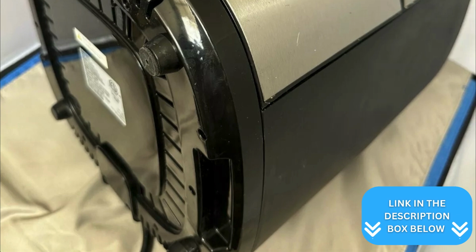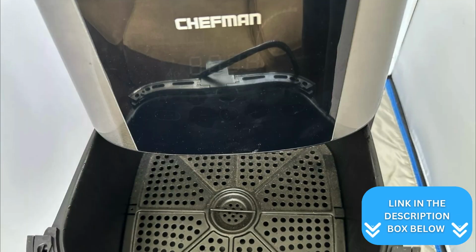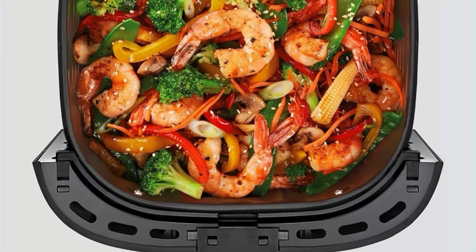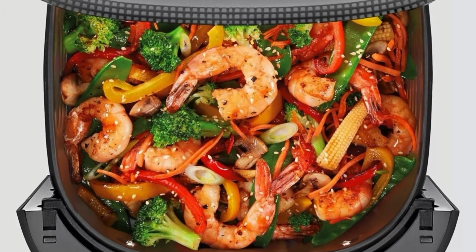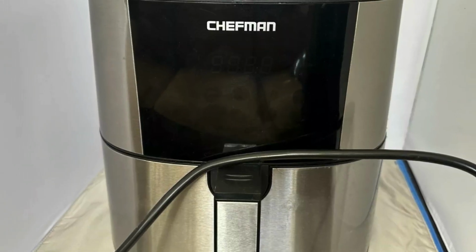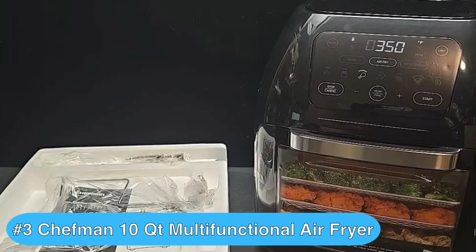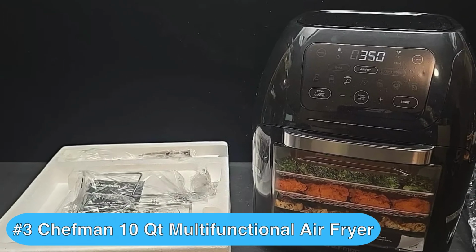Safety features add peace of mind to your cooking experience. The air fryer automatically pauses when you open it and resumes cooking when closed. It also shuts off on its own after cooking, so you don't have to worry if you forget to turn it off. Checking in at number 3 on my Chefman air fryer review roundup is the popular Chefman Multifunctional Digital